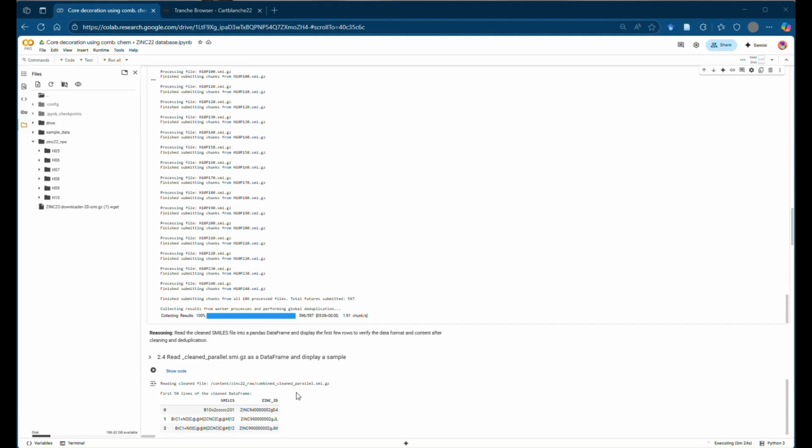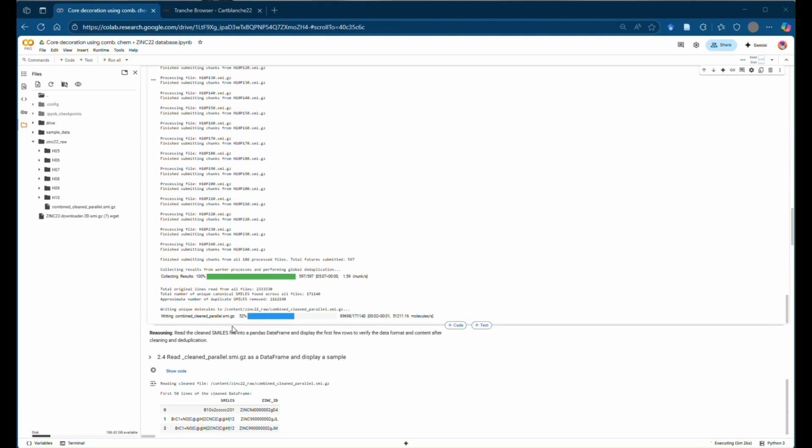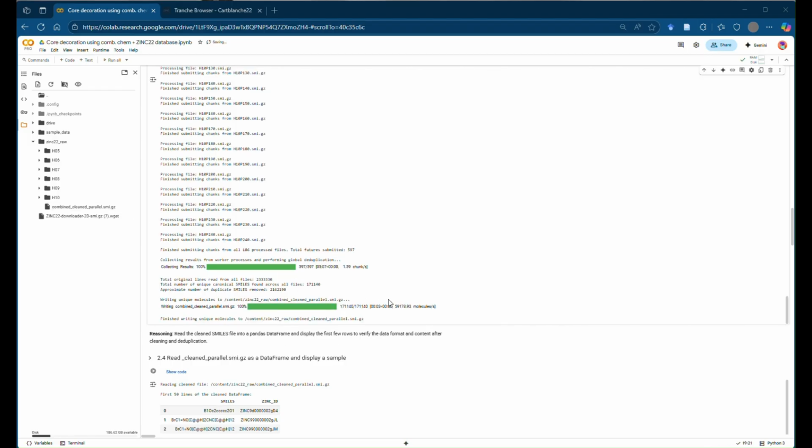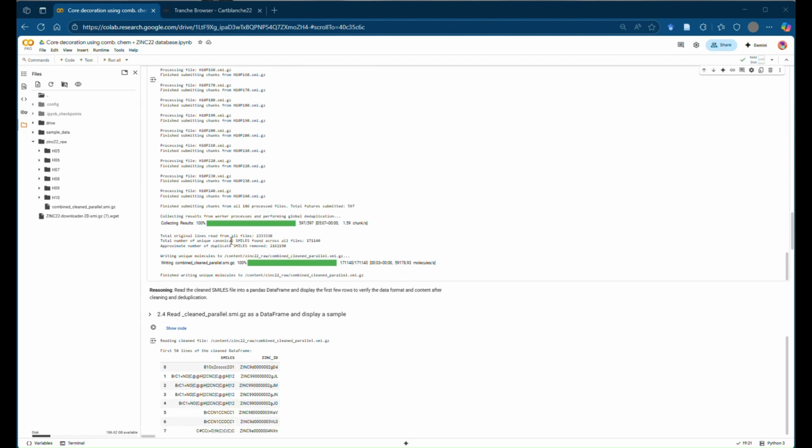And then what we can do in the next bit is the 2.3 million is the total, and the number of duplicates removed is 2.1 million. So that makes sense, because that leaves us with 171,000 unique smiles, and the original database said there was about 177,000. So obviously we've removed 2.1 million duplicates, which is obviously a very large amount that would have been wasted computational power, essentially. So we've got 171,000 unique smiles, and now we can decompress the zip file and view it